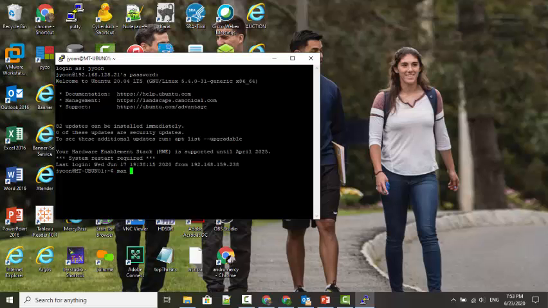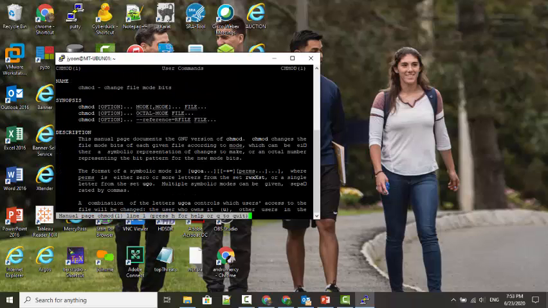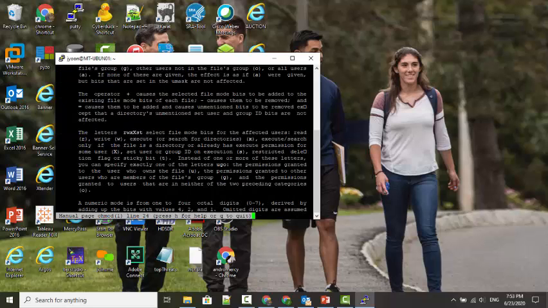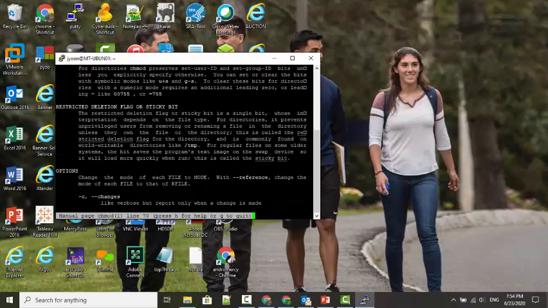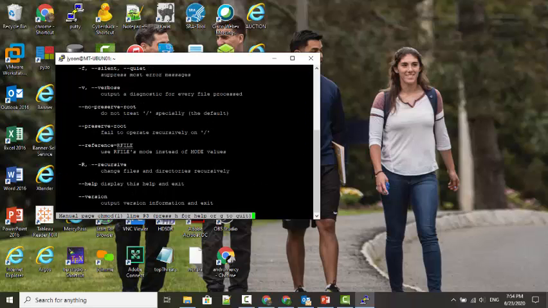Okay, so the first thing that we need to do is chmod. It changes file mode. Okay, the one that we've seen is this, the permission granted to other users who are members of the file group. That's what we've seen just a few minutes ago. There is an option to change it. If you want to change it,